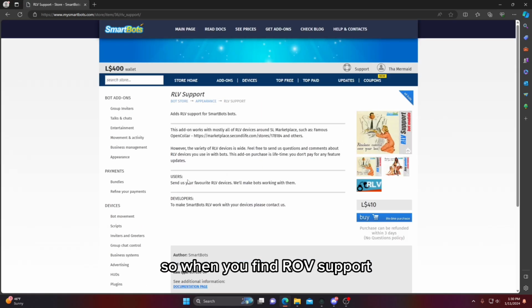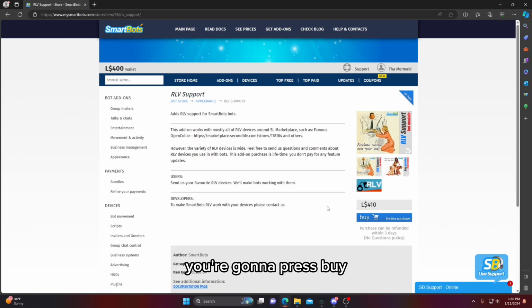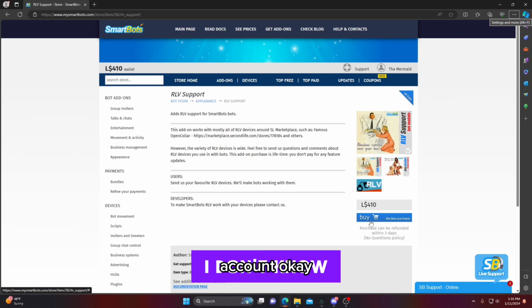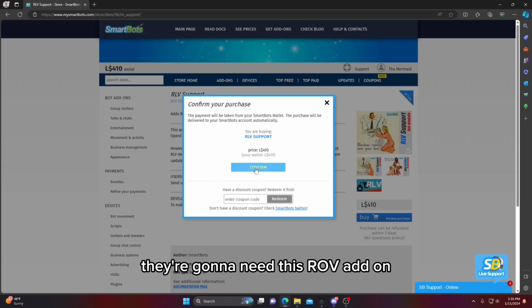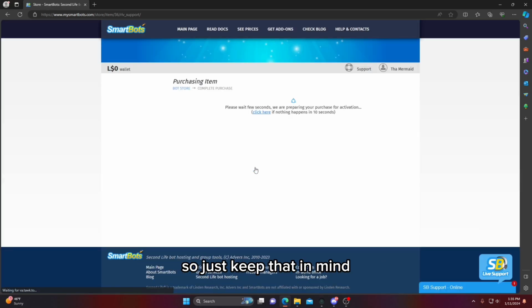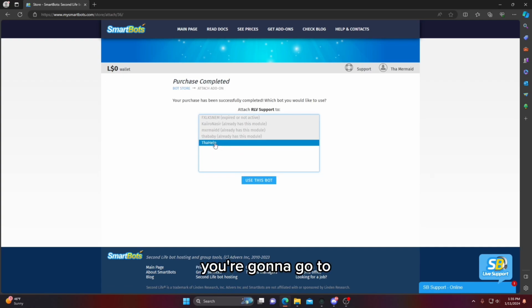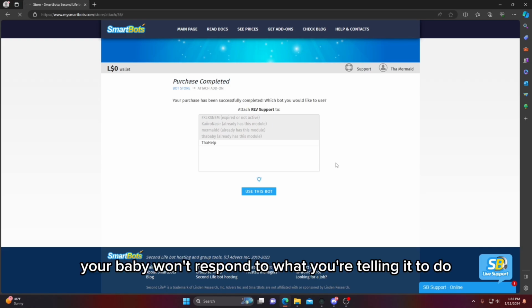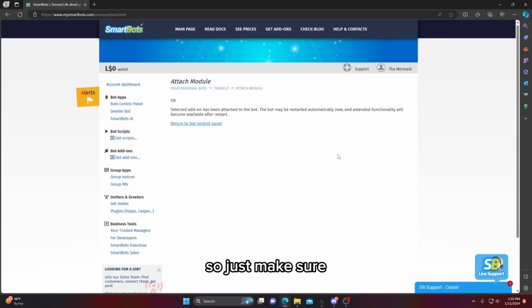So when you find RLV support, you're going to click it and press buy. And you're going to also click to add it to that actual bot account. Any bot that you make is going to need this RLV add-on, so just keep that in mind. You're going to have to add this to each bot baby or bot account that you make. Also on Firestorm, you're going to go to preferences, go to Firestorm and go to extras and make sure the RLV is turned on. If you don't have the add-on and the RLV turned on, your baby won't respond to what you're telling it to do. So just make sure